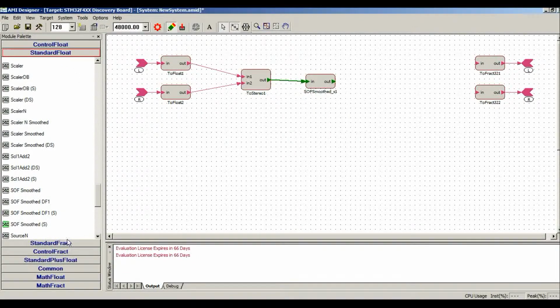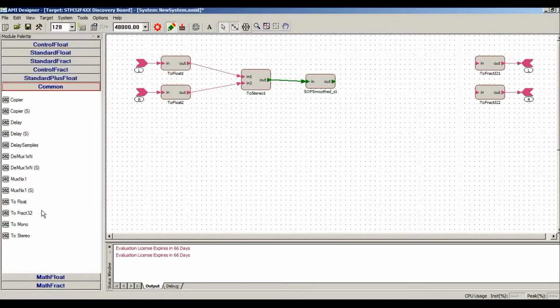So let me grab that also to the mono. Okay, let's connect this, go like this. And once you finish your signal chain, you can generate the code like that. You can basically drag and drop a number of modules and connect them together, and then our routing algorithm actually looks into each connection and does the best optimization in terms of the memory allocations. So let's generate the code.